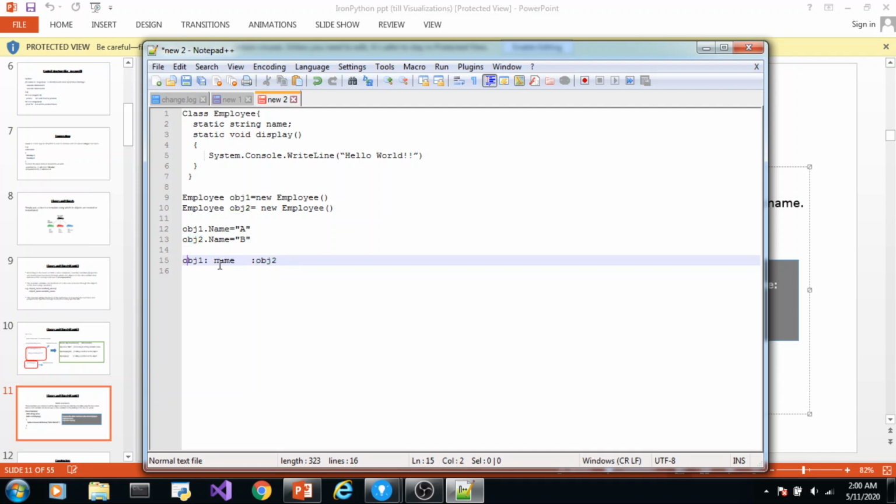So if I assign some value to name through object 1 and then I assign something else to this variable name through object 2, this variable name will contain the value assigned through object 2. It gets overwritten because there is one copy for both object 1 and object 2.